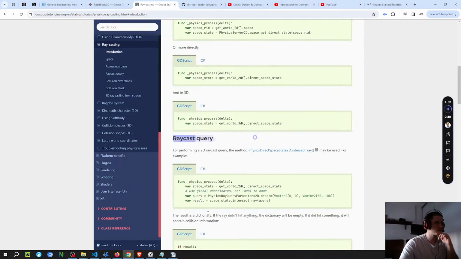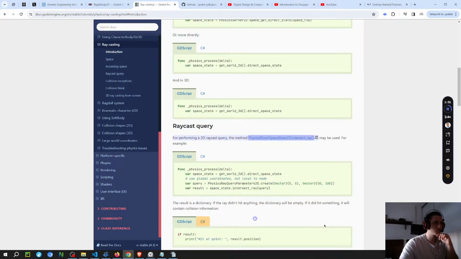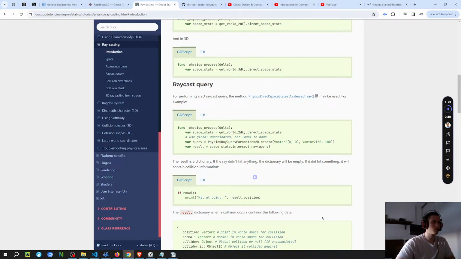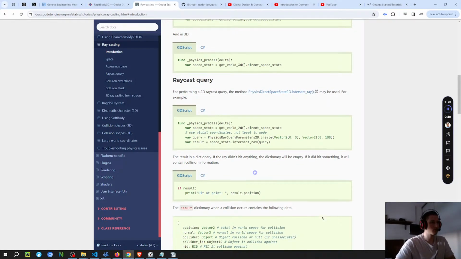Copy to clipboard. Raycast query. For performing a 2D raycast query, the method PhysicsDirectSpaceState2D.intersect_ray() may be used. For example, GDScript func _physics_process(delta): var space_state = get_world_2d().direct_space_state # use global coordinates, not local to node var query = PhysicsRayQueryParameters2D.create(Vector2(0, 0), Vector2(50, 100)) var result = space_state.intersect_ray(query). Copy to clipboard. public override void _PhysicsProcess(double delta) { var spaceState = GetWorld2D().DirectSpaceState;